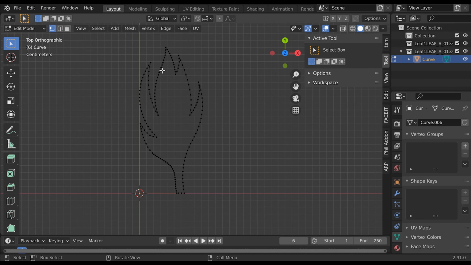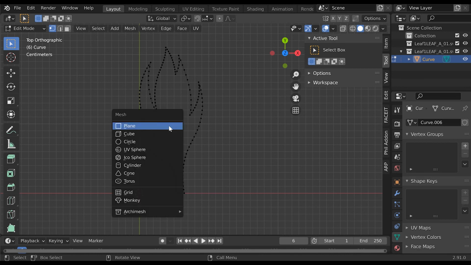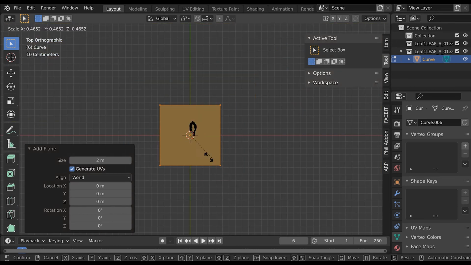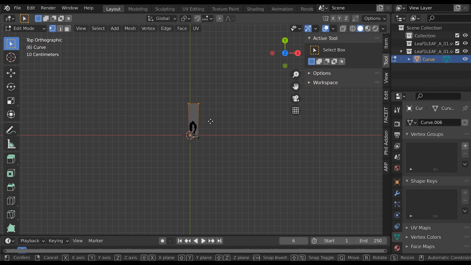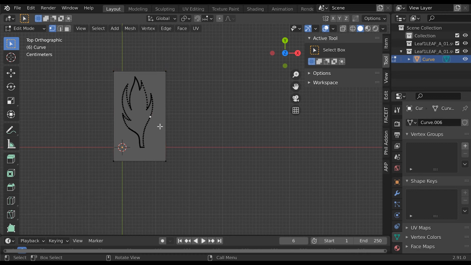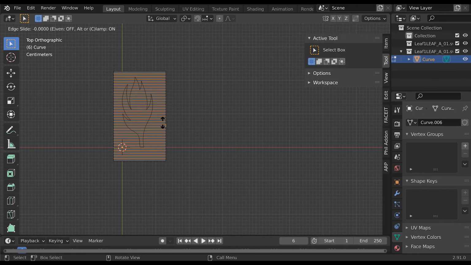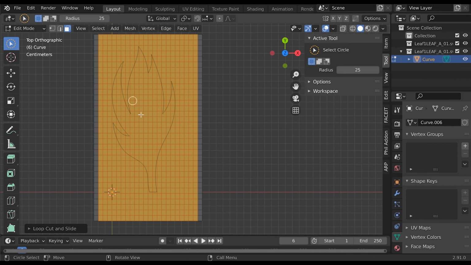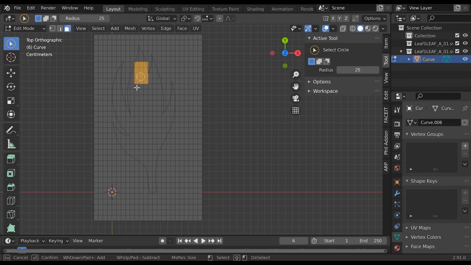because you will see that what you want is to have something pretty regular. Okay, so now while you are in edit, you add a plane, and then we can already scale it. Then now I will subdivide this, and I do it a bit manually with a loop cut. This face, let's say that I select nothing first, and then I will fill